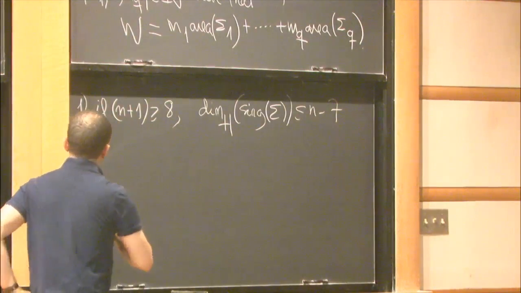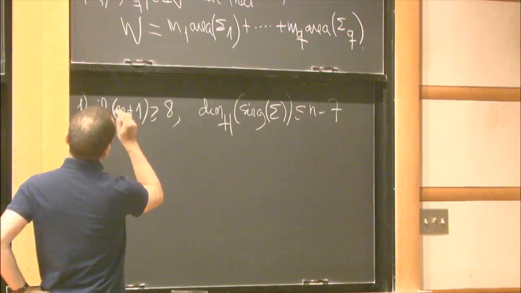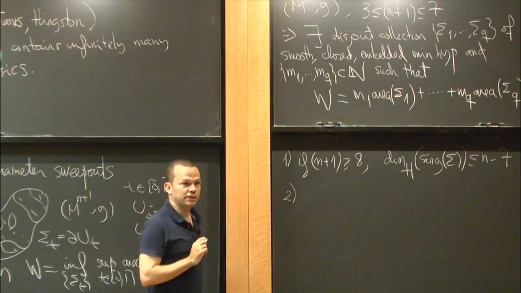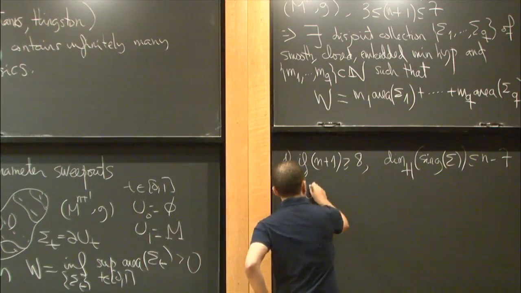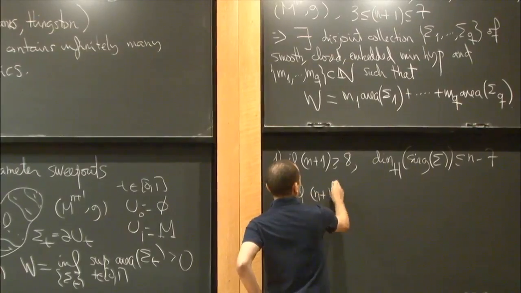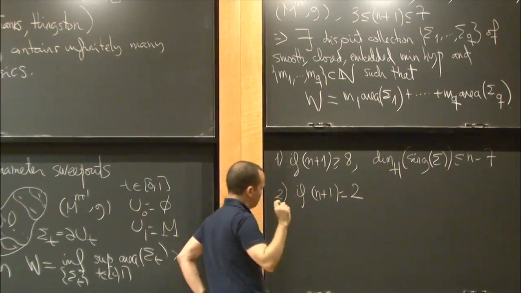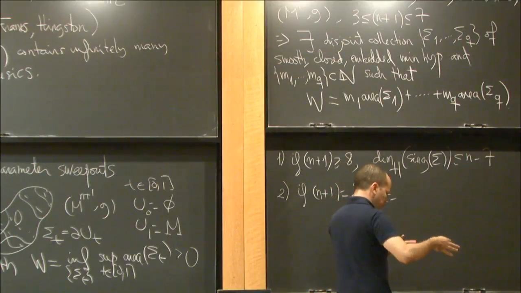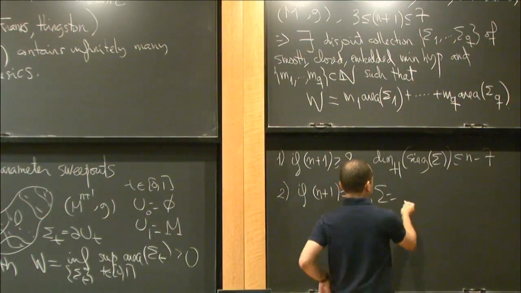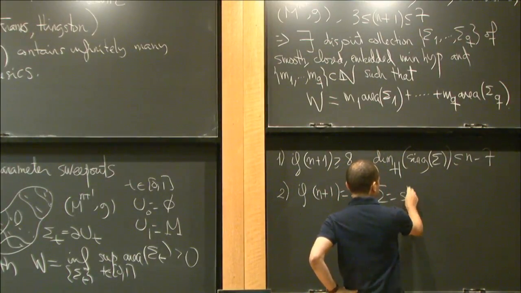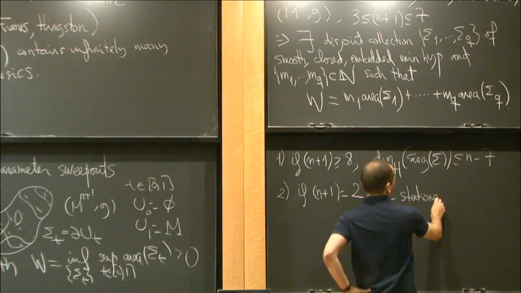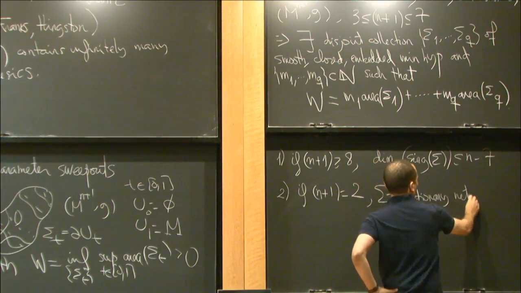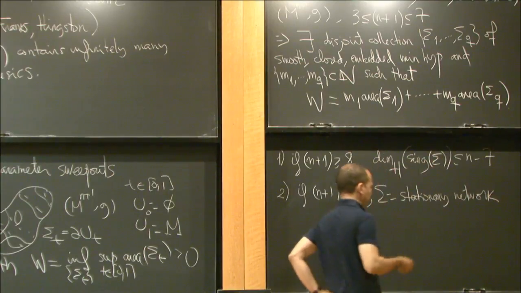And the second point, I always get this question, is that in dimension 2, this theory does not give closed geodesics. If the ambient dimension is 2, then you can have point singularities, and the variety is going to be stationary for the length, but not necessarily smooth. So it's going to be a stationary network,